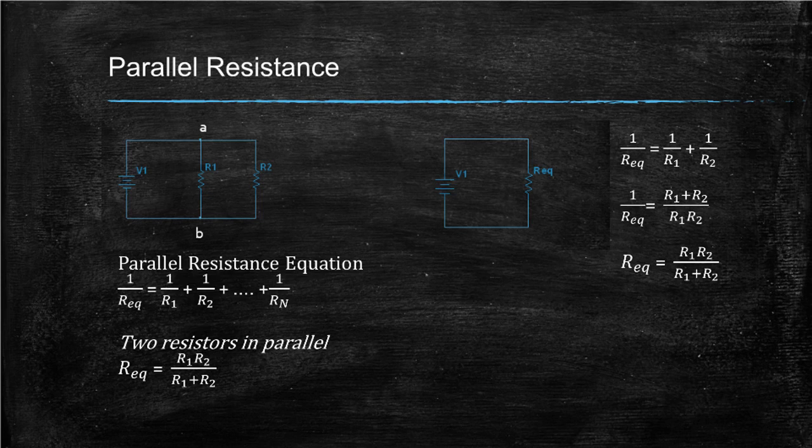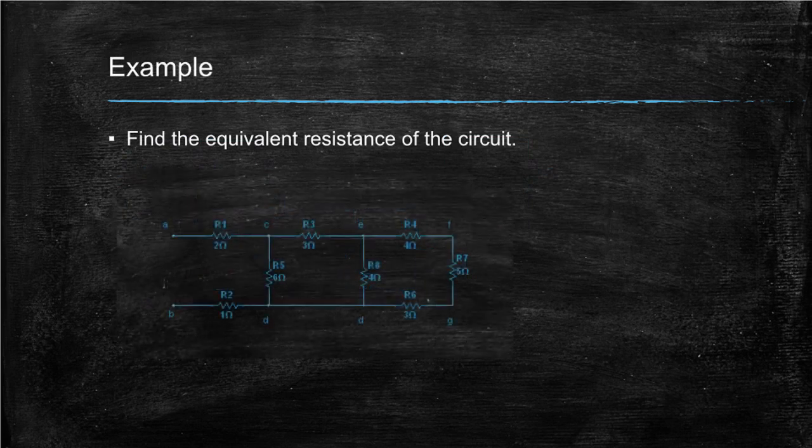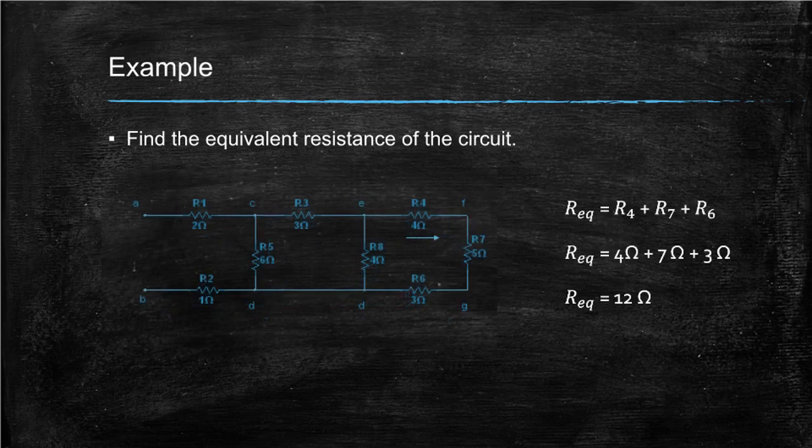Here's a simpler equation for the equivalent resistance of two resistors in parallel. To the right is the equivalent resistance of the two resistors in parallel. Here is an example. Find the equivalent resistance of the circuit. Start off by labeling all the nodes. Start from the right of the initial nodes A and B and work your way until you get a